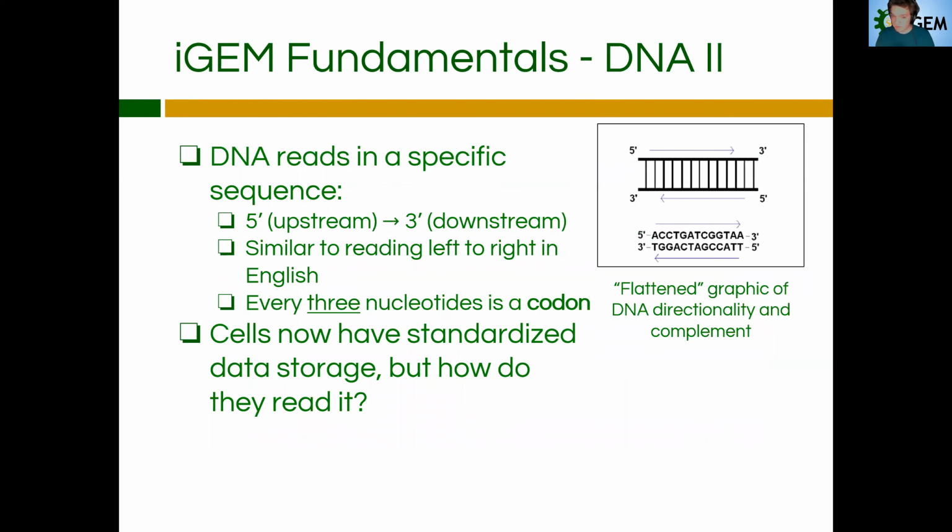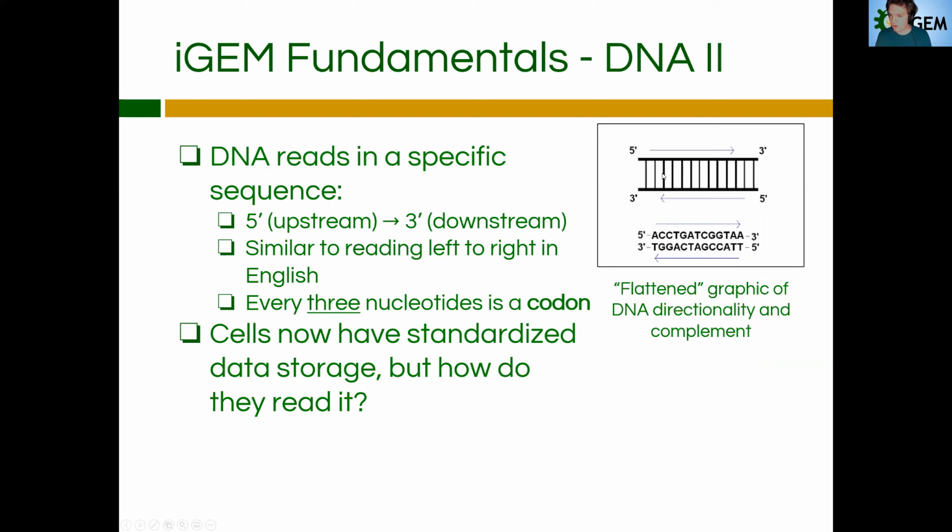Okay, continuation on DNA. So DNA reads in a specific sequence, and this is just like an arbitrary assignment that we've given to it. So we start at the 5 prime, which is the upstream strand, and then we go down to the downstream, which is the 3 prime. So you read it from left to right, with the 5 prime on the left and the 3 prime on the right. It's very similar to reading English in a certain way, and of note, every 3 nucleotides is a